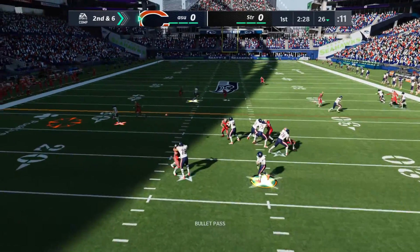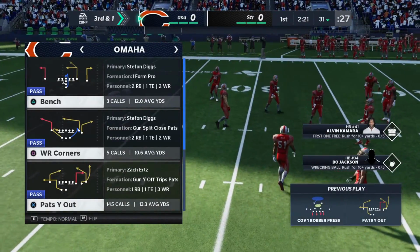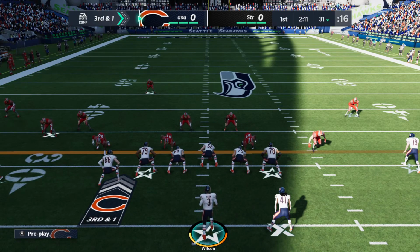Out of the gun. Here's Wilson. That's complete to his running back, Kamara. And he's dropped just before the line to gain. 4-yard pickup leaves him with 3rd and 1. But just play number 3 here on the opening drive, and it's an early 3rd and